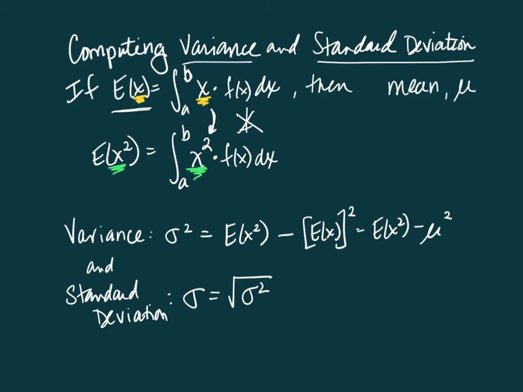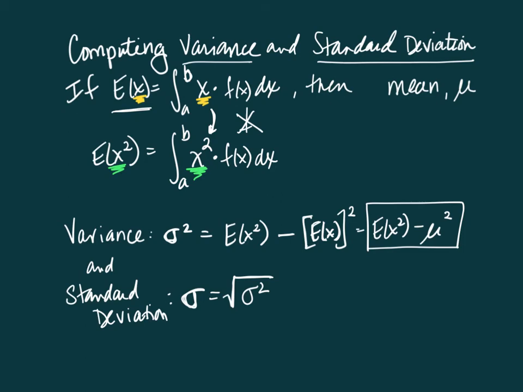Now we can compute the variance, which we denote with the lowercase Greek letter sigma, squared. So variance is sigma squared. It is computed by finding E of x squared and subtracting off the quantity we get for E of x, squared. Or in other words, E of x squared minus the mean squared. That's how we compute the variance. Standard deviation is simpler. That's just the square root of the variance, so it's just sigma without the square on it. Okay? So we want to keep that in mind.